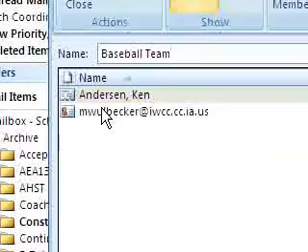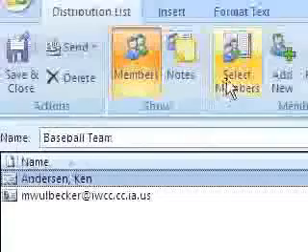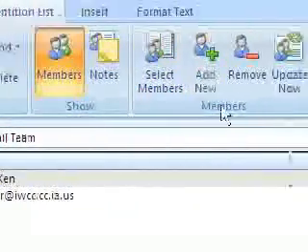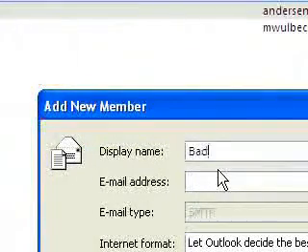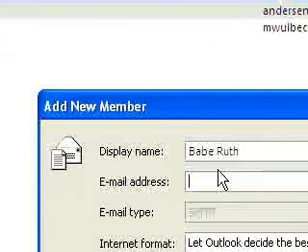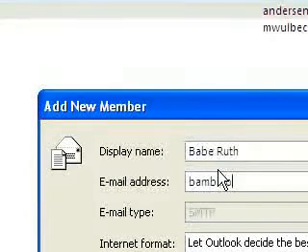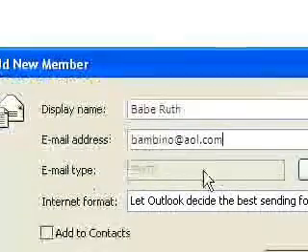And let's say I have a new person on the team. I haven't added them to my contacts yet, but I want them to be on the distribution list. So I'm going to go back up here to the ribbon, and I'm going to hit Add New. Here's the display name, and we're going to add the person's name and the email address, and then